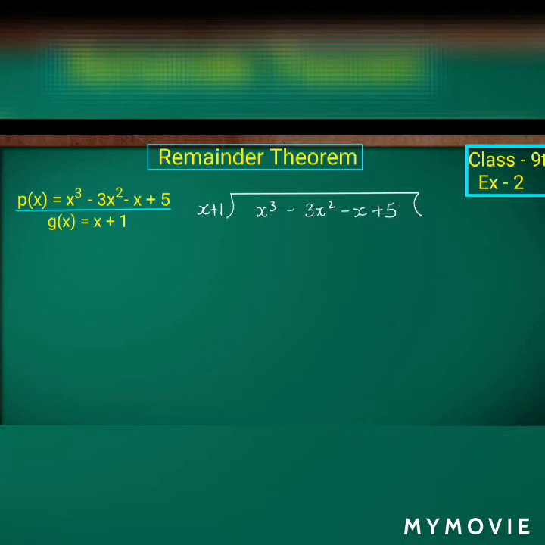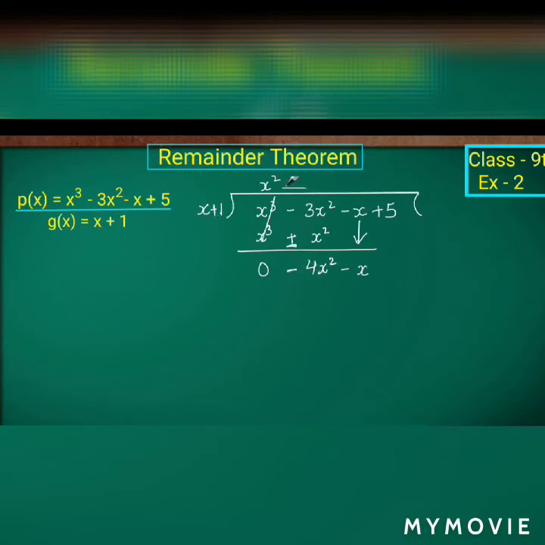So I have to take x square, which is going to be multiplied with x, giving x cube. So x square into x is x cube, isn't it? Plus into plus is plus, x square into 1 is x square. I have already told that here we have to do subtraction, so x cube will get cancelled and plus will become minus. Now we have to worry about the minus sign. So minus 3x square minus x square gives minus 4x square, isn't it? Minus 4x square, and the next thing I am going to take down is minus x.